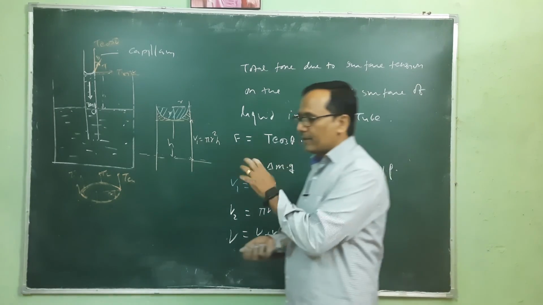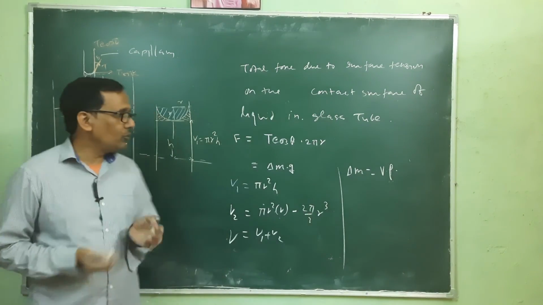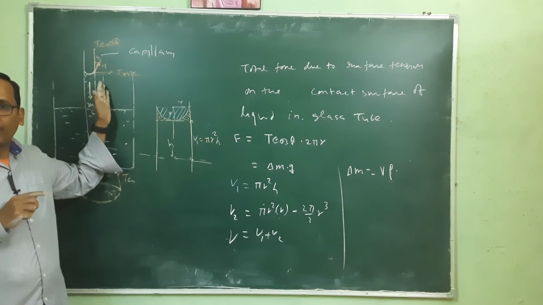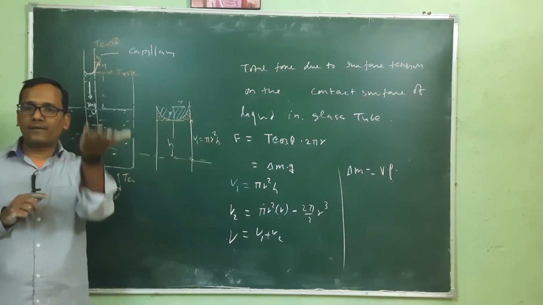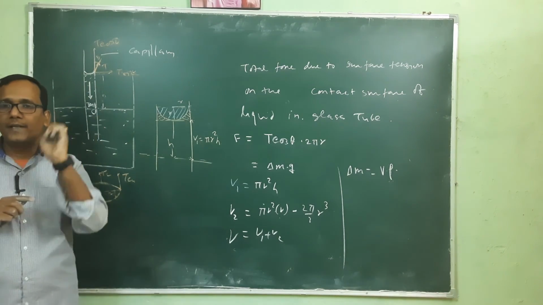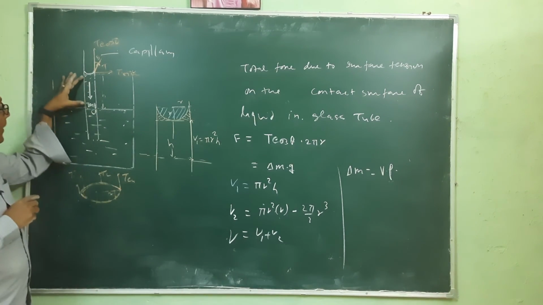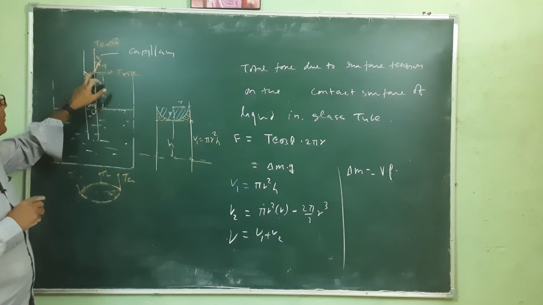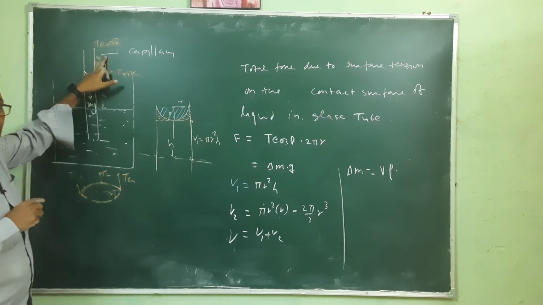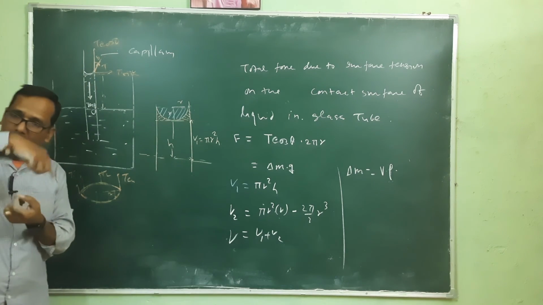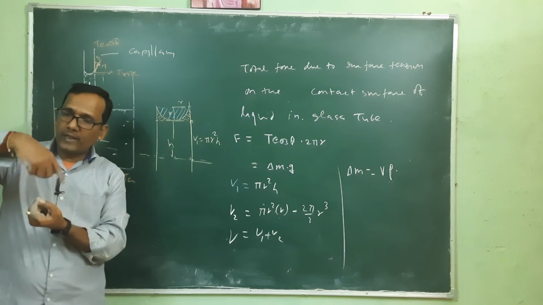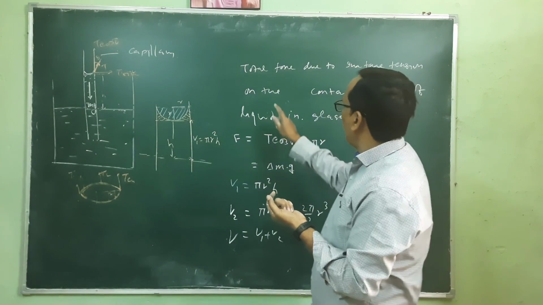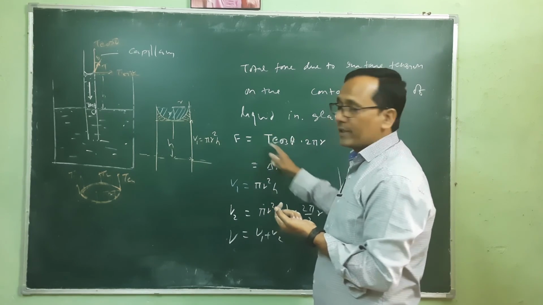But the mechanism is very simple. You have to calculate two forces. One force due to surface tension, which is trying to raise the level of liquid in the upward direction. And second, it is balanced by the weight of the liquid inside this tube. To calculate the surface tension, we take the direction of T and its component around the meniscus at the contact point. So this is 2 pi r multiplied by the force T cos theta.